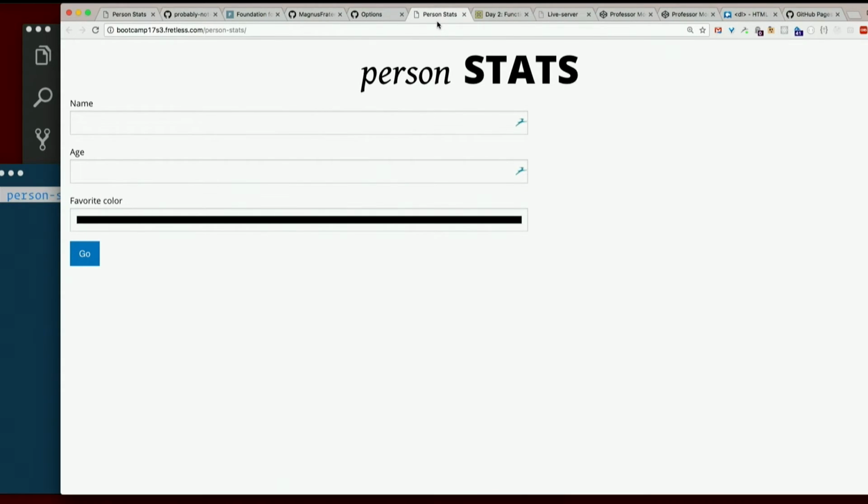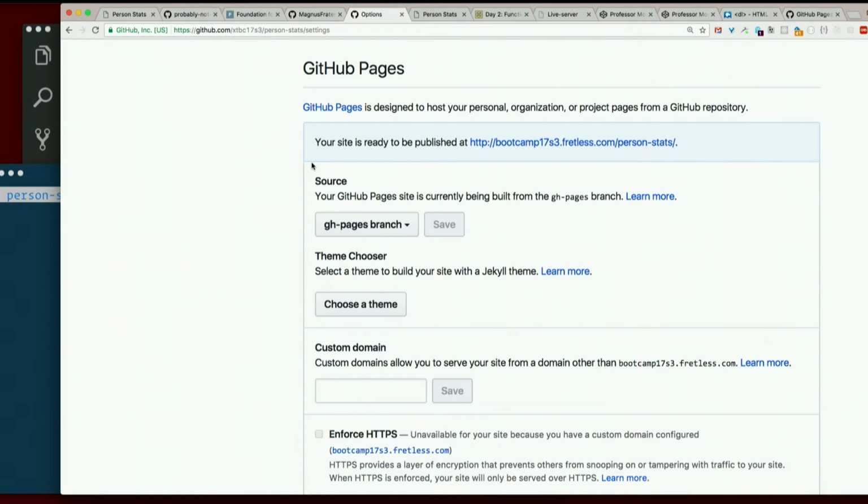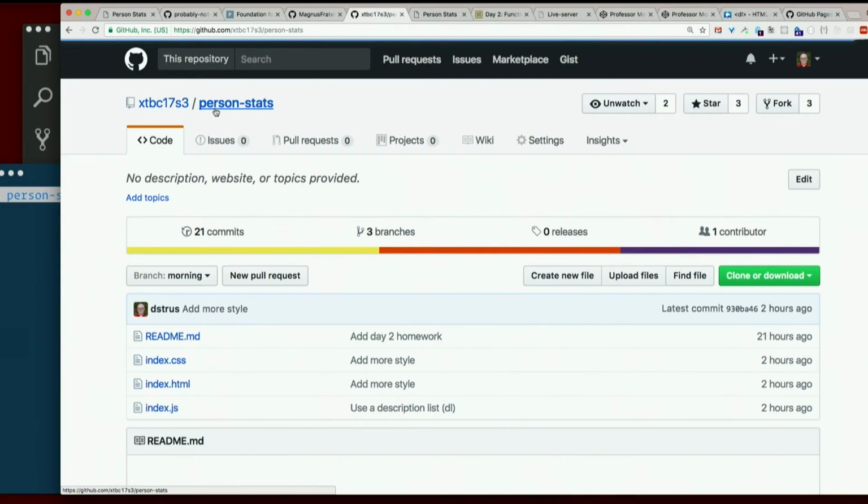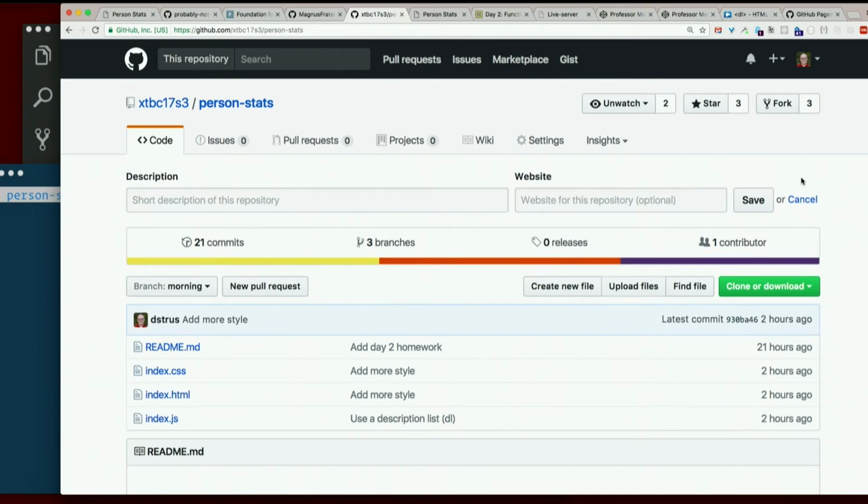Actually do this next part. And here's the best part. Okay, so copy that URL. Go back to your repository. You can get out of the settings and just go back to the actual repository. Just click on the name of the repo up here. You see no description, website, or topics provided. Well, we can add those things. There's an edit button over here to the right. And you can put the website